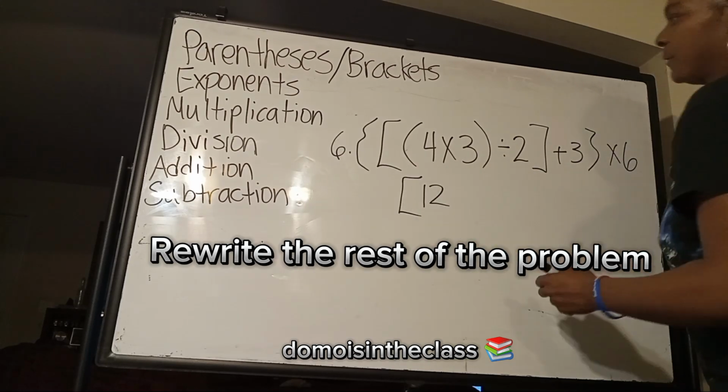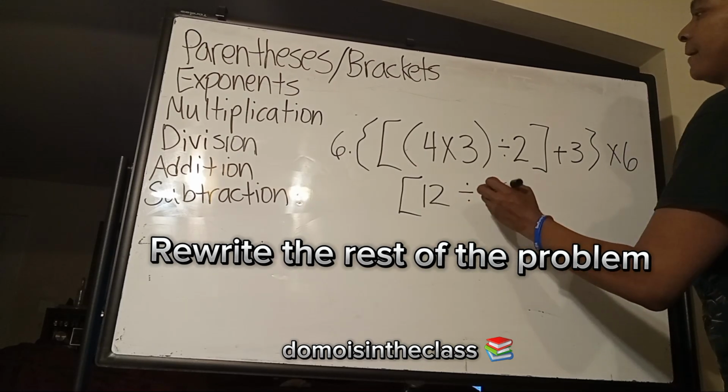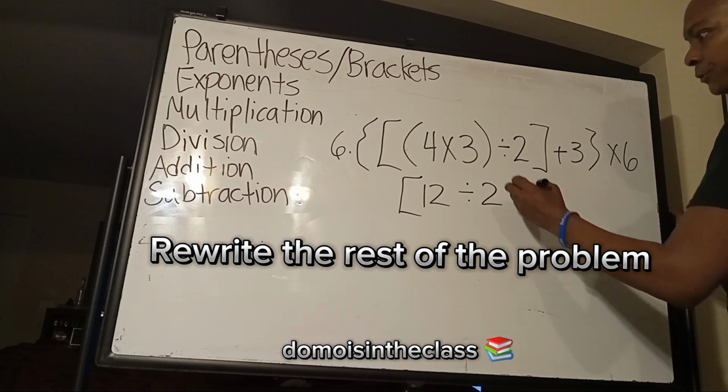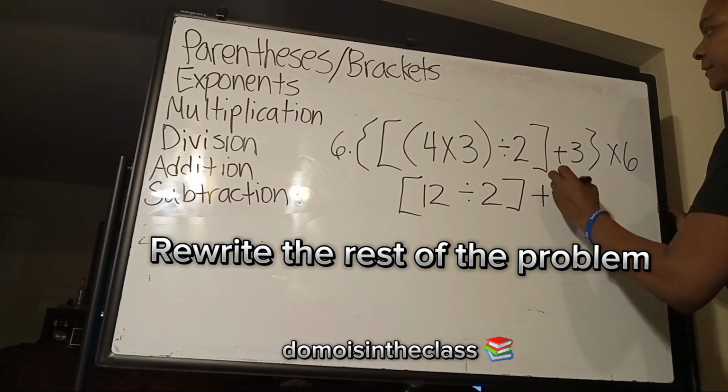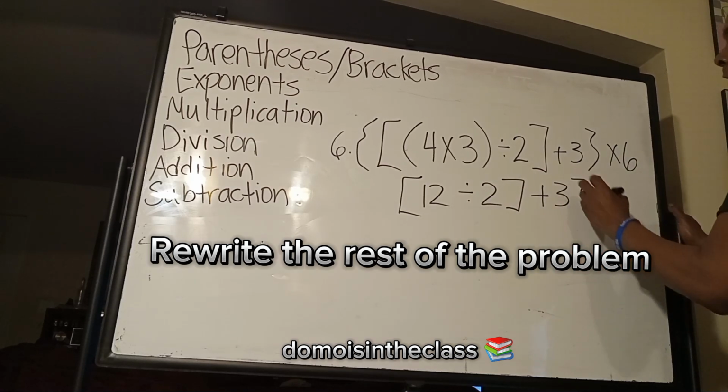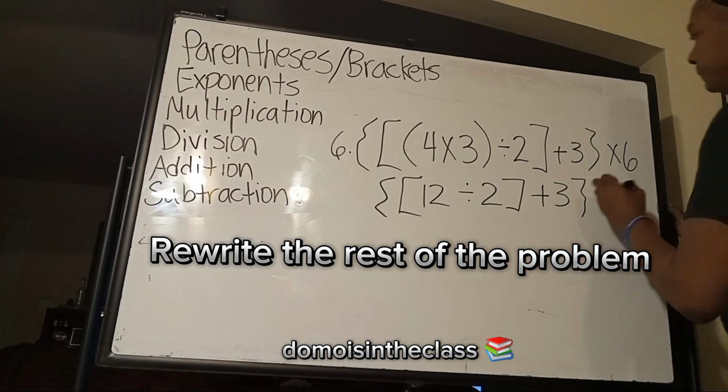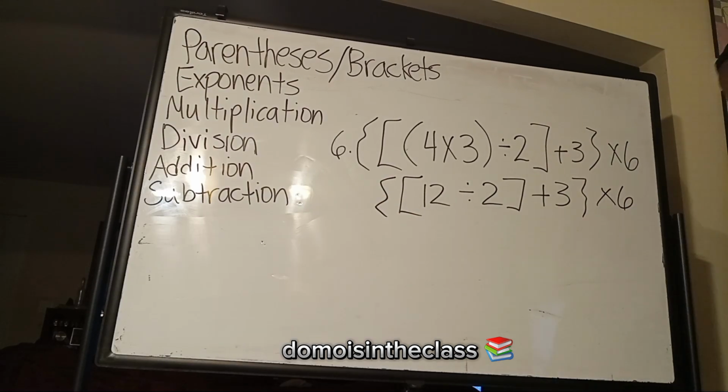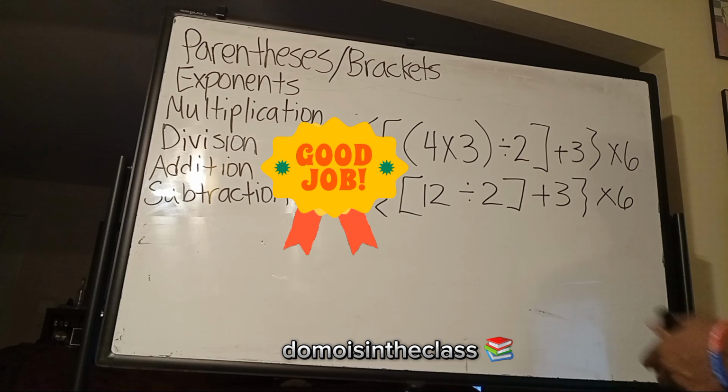We still have this bracket divided by 2, close bracket, plus 3 times 6. Okay? So the same thing still applies. The brackets has to be done first. So what is 12 divided by 2? 6. Great job. So we put a 6 here,